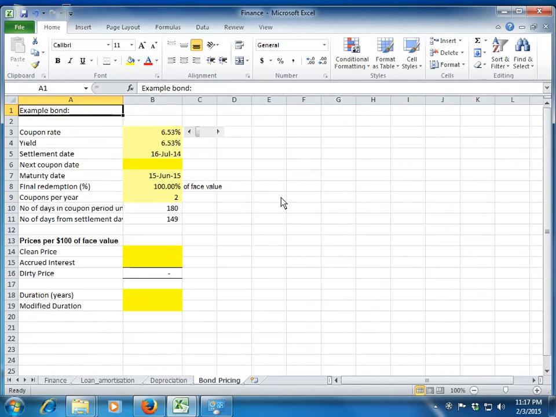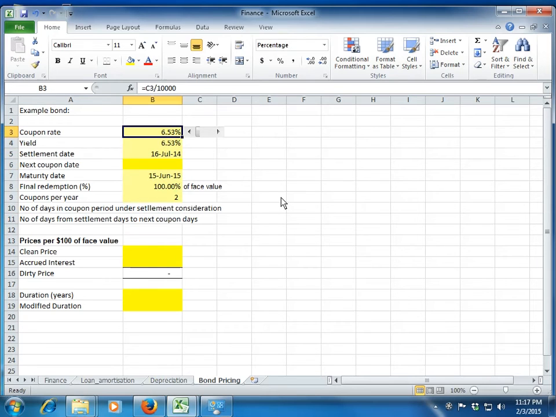Okay, so now let me take 5 more minutes of your time to explain the last part of this finance function, which is called bond pricing. Again, there are some inbuilt functions in Excel which help you calculate the price of a bond. Again, the easy one. All you need to remember is that certain formulas like this exist, so that if required you can use them.